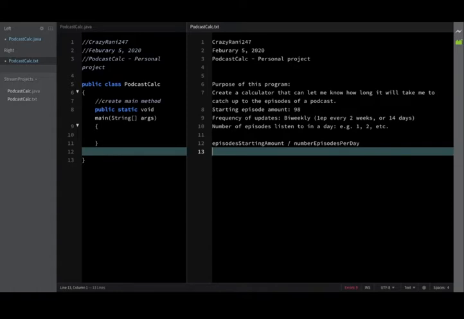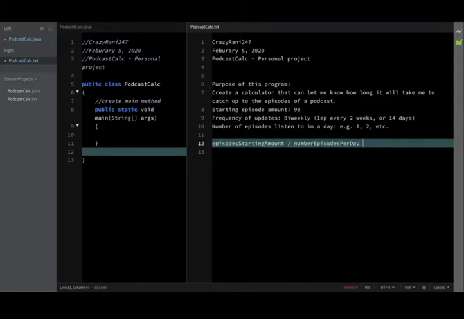Alright, so the episode starting amount divided by number of episodes per day will give us the days to catch up without new eps. I feel like that's good. Yeah, I could write out episodes, and I probably should, but